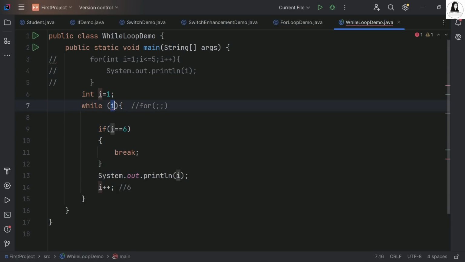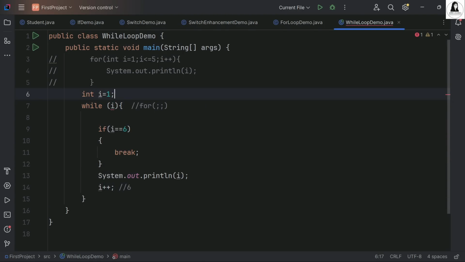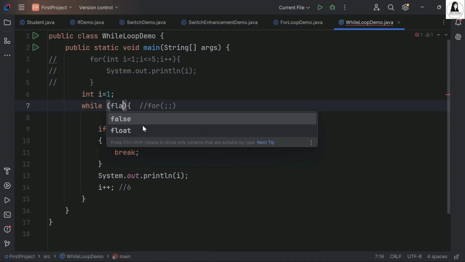I've told you, here it should have a Boolean expression. True or false you can write, but you cannot write this kind of thing. Or 1 also, you cannot write here. Suppose simply 1. In C and C++ it is allowed, but in Java it's not allowed. 1 is also an int and you want a Boolean value. But true and false are allowed. If I write here simply false,